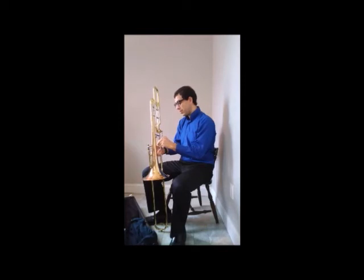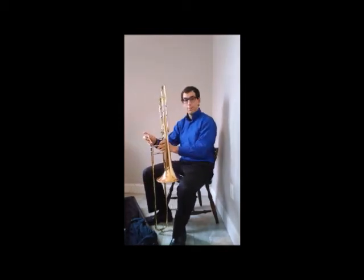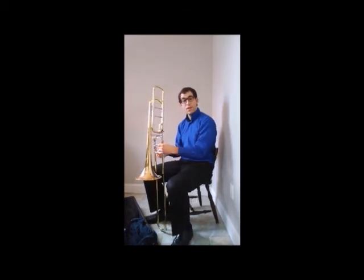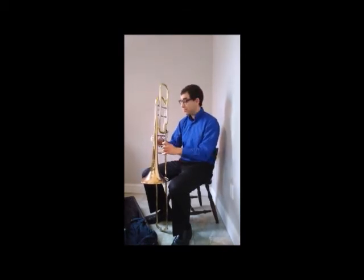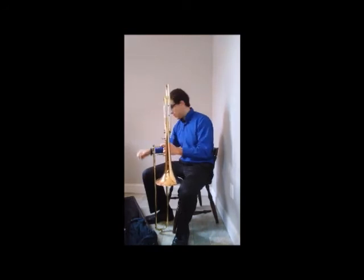And the last thing we're going to do is we're going to take the mouthpiece, put it in the mouthpiece receiver on the other end, and give it a slight twist. And there you go, you've assembled the trombone. Now then, let's try and take it apart. So the first thing we're going to do is the last thing we did. Take out the mouthpiece,